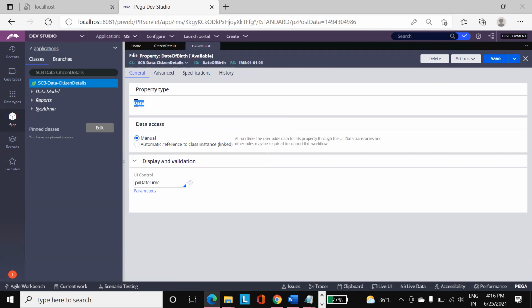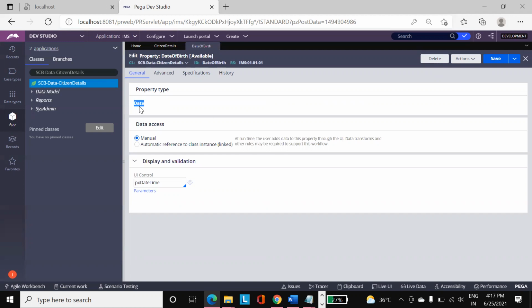Once this property is created with some property type, you cannot change it unless you delete it and create it again. Let's say you created this date of birth as date, and tomorrow they say the format could be something like timestamp.